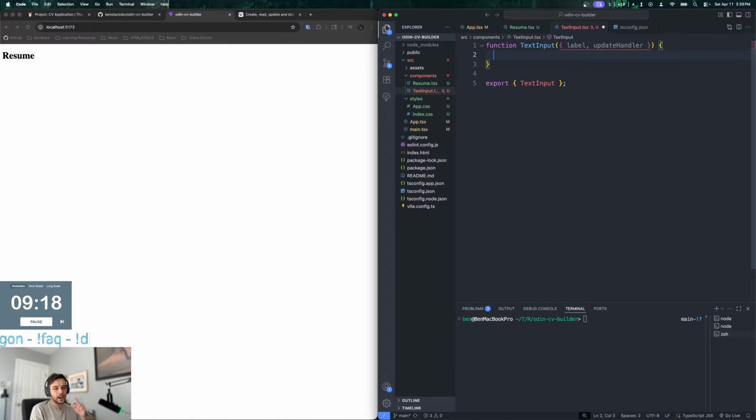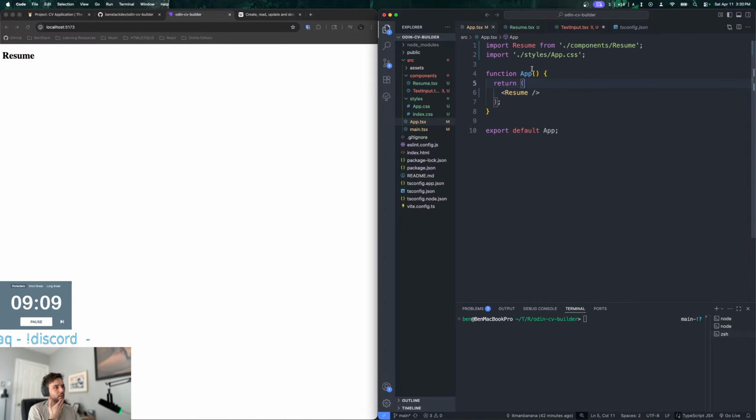This is atomic development: atoms, molecules, organisms, templates, pages. Got you. Okay. But this is the smallest unit, right? I just started with this resume here, but yeah, this is the smallest unit, the text input.